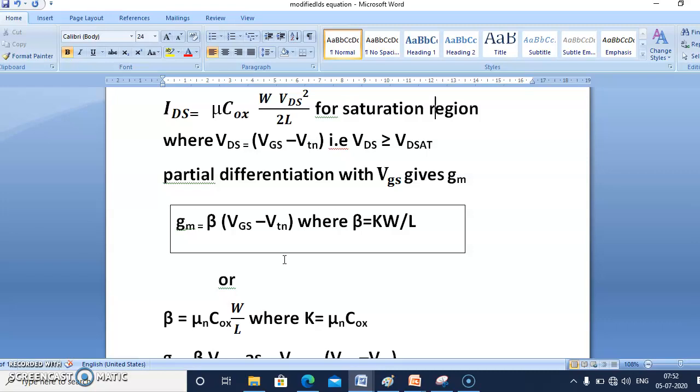So whatever we do, we will have the other trade-off. L is in the denominator, so whatever we reduce in the denominator channel length, GM increases. Reduction in the channel length not only increases GM, but it also reduces the input capacitance. Similarly, if we increase the W, area also increases.